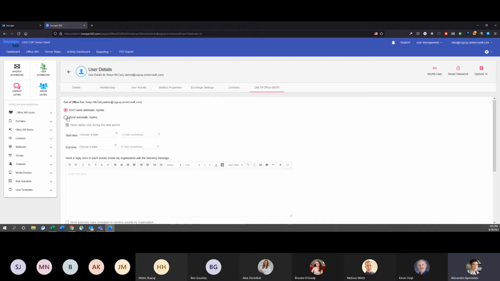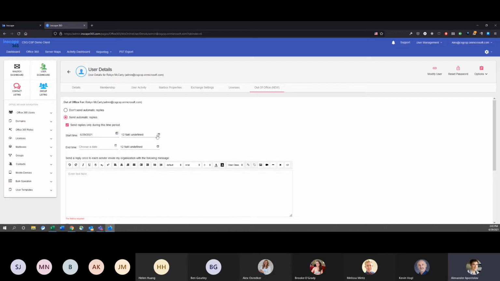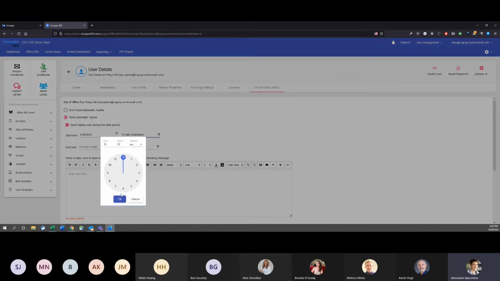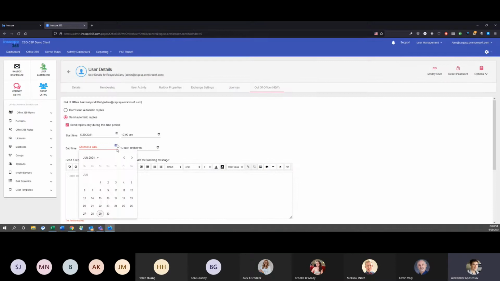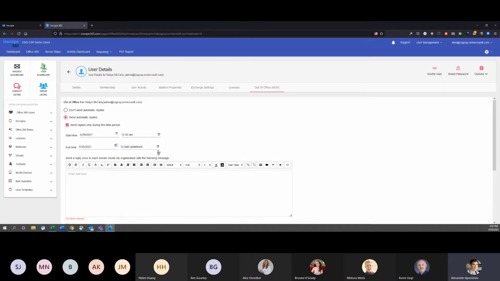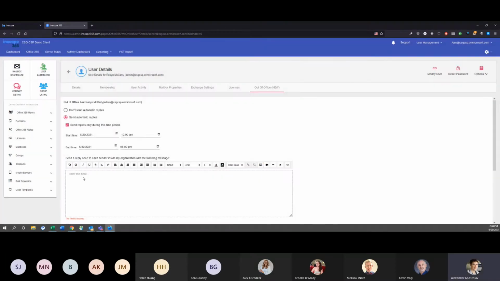So I'll just set Send automatic replies. I can choose a date. Let's choose today, for example, 12 a.m., why not? And set it for tomorrow as her final day of the out of office. And I can just fill in the message here. For example,